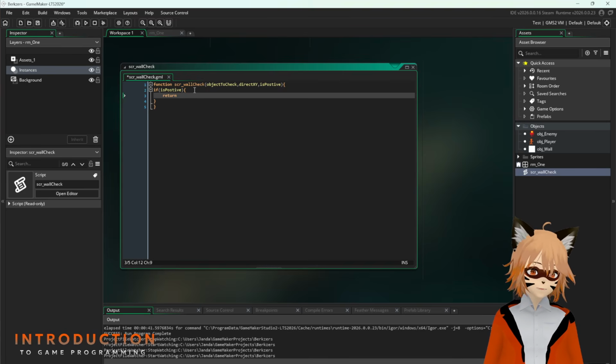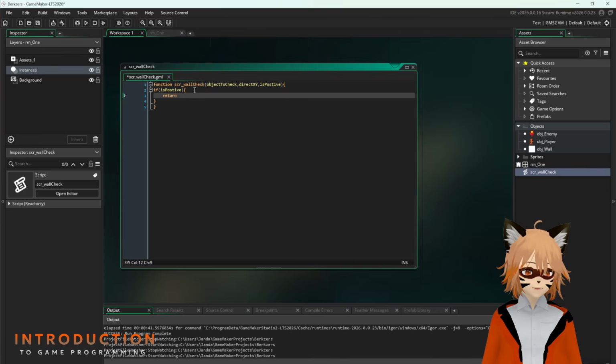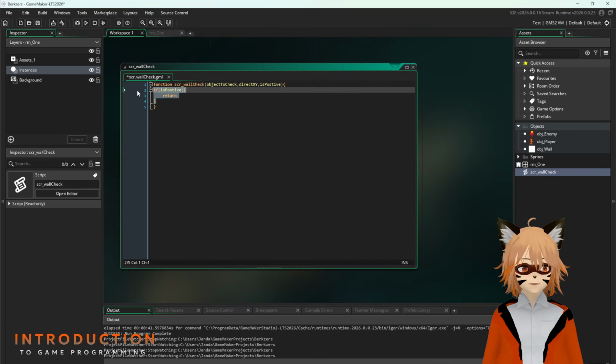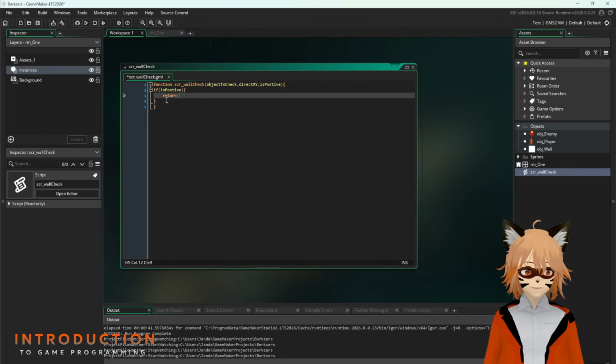It's positive. Okay, what exactly are we doing? We're trying to check for the walls. Okay. If it's positive, then basically we're not supposed to move around, right? Alright, then what we're going to do is